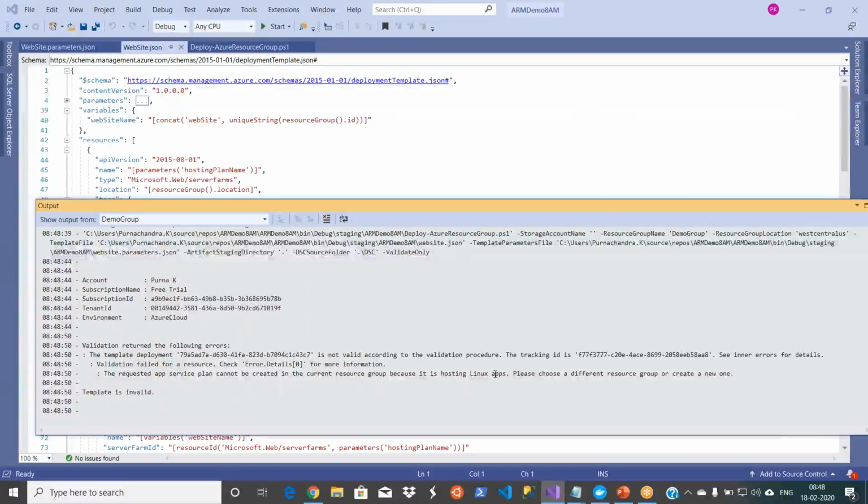So it is saying the template is invalid. It is not valid according to the validation. See errors for more information. The requested app service plan cannot be created in the resource group. It is hosting Linux apps. Please choose a different resource group or create a new one. So it is saying there is some problem with the Linux apps. It is hosting some Linux apps or something. You need to go and